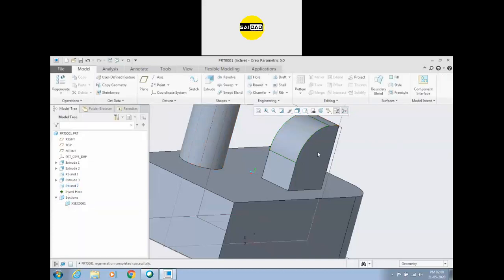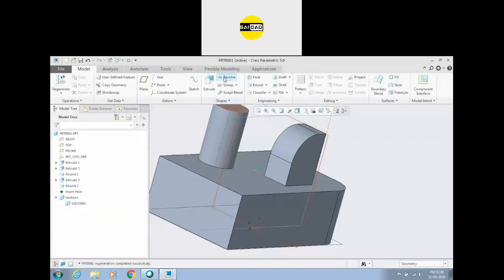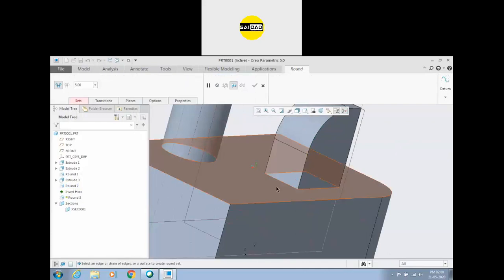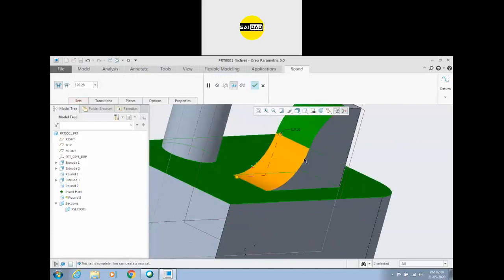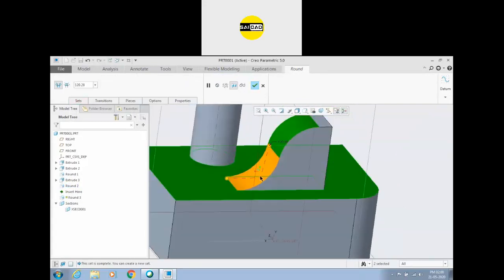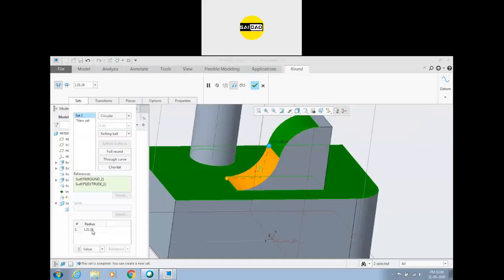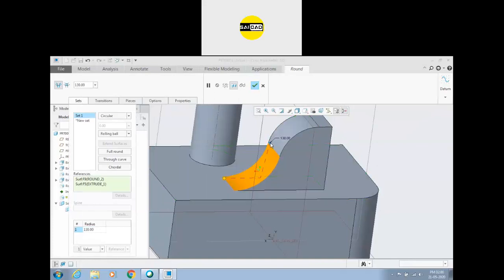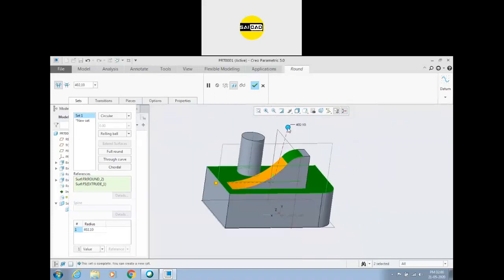Click OK, and now I'm going to create a fillet not by selecting this edge. I can just select this face and this face directly, so you can see it will directly select that face. Now there is the value, we have the radius here, we can increase or decrease the radius from here or from here. Okay, you can select two faces.